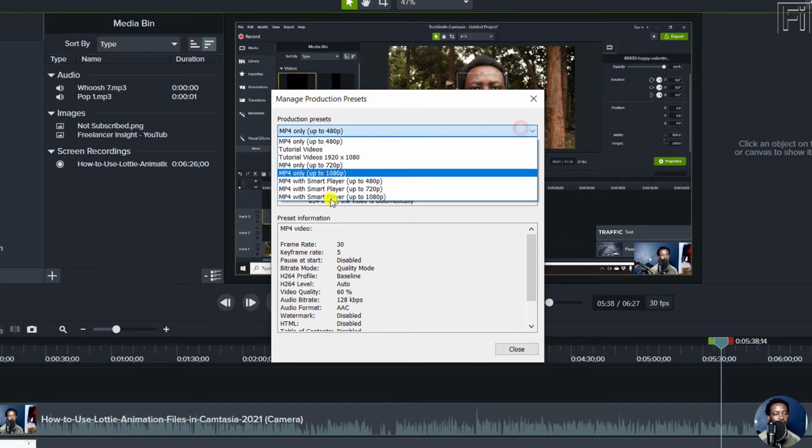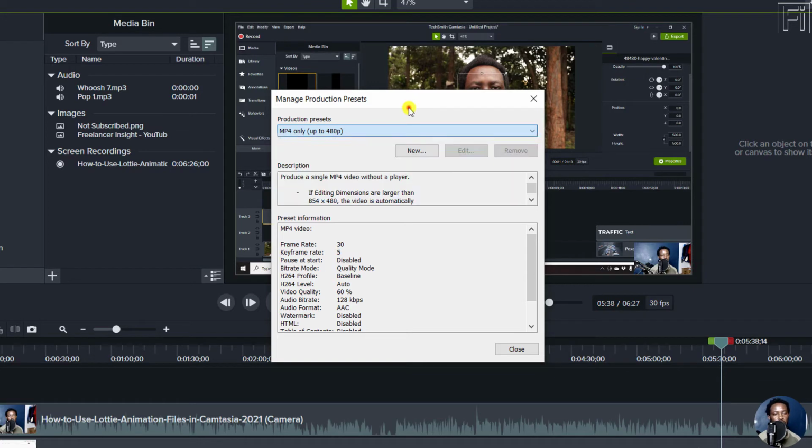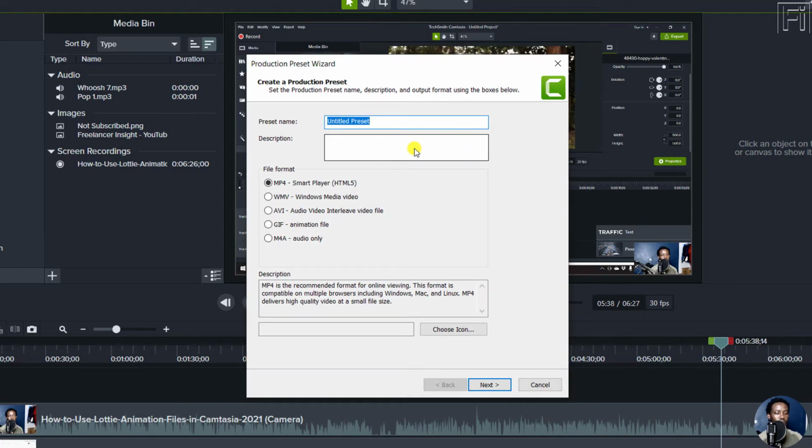We have these particular presets, so you can either edit or make any change that you want. But let's say we want to add a new one. Just click on new. Let's say Tutorials HD. You may need to give it a description if you'd like to, so that you can always remember what this is for. And creating presets also helps if you're collaborating with other people and need your videos to be exported in the